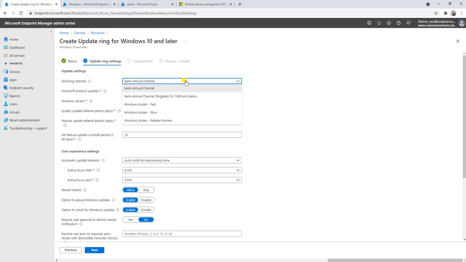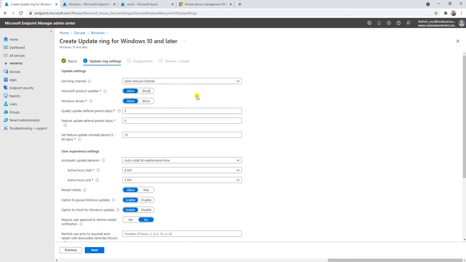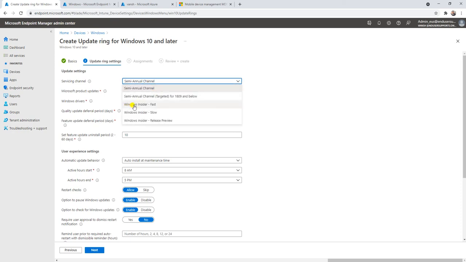So these are the options available when we are using the servicing channel. For the moment, we are going to use the semi-annual channel here. So let us select the semi-annual channel.